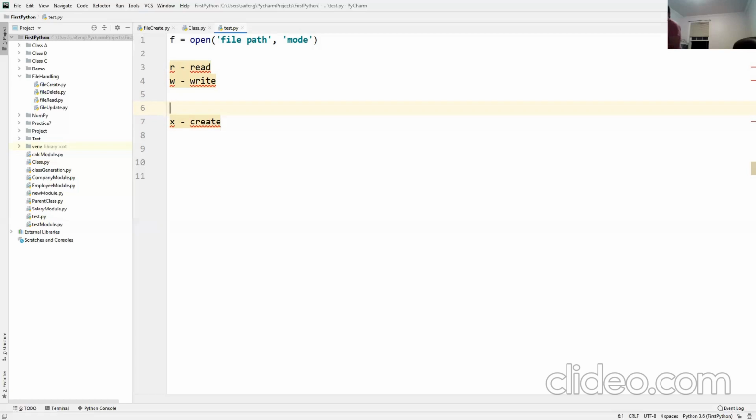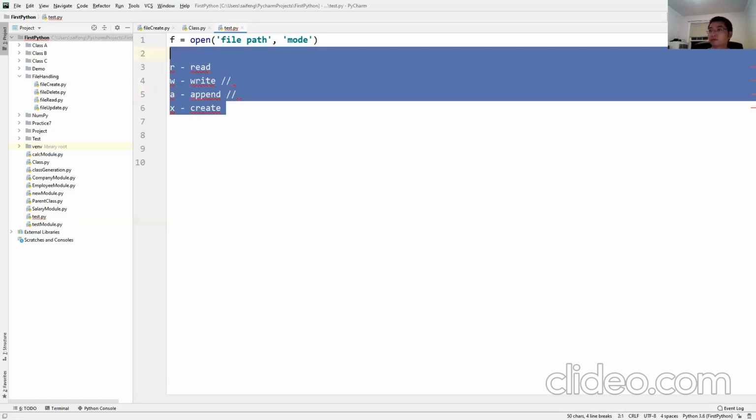What's the difference between append and write? Write overrides whatever is in the file, but append just adds on to it. Very good. When we say write, it means clean up all the existing content and overwrite it, write it again. Append means continue, just add the new content to the end of the current content. So those are the four different modes.